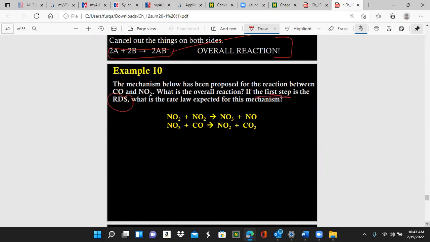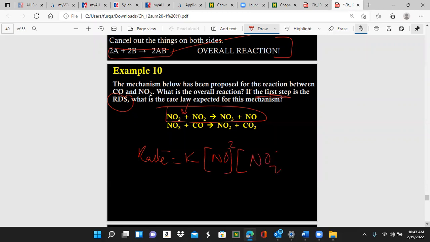So the first step is the rate determining step, and because this is controlling the rate of the reaction, we're going to write down the rate law with this equation. If we look at these as reactants, then the rate is going to be equal to K times NO, right? This is how we write down the rate law. So we see that the intermediate is not involved, and this is the rate determining step. And if this is the expected rate law,